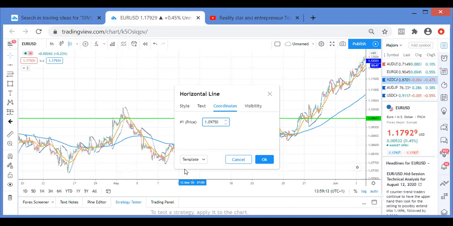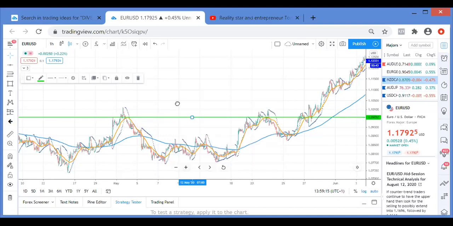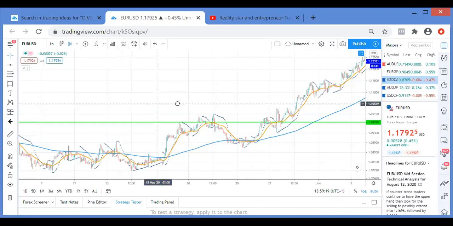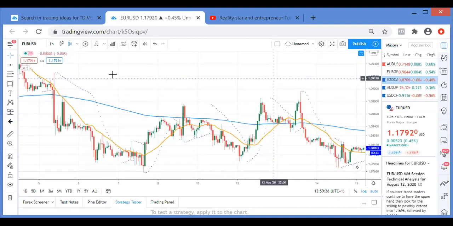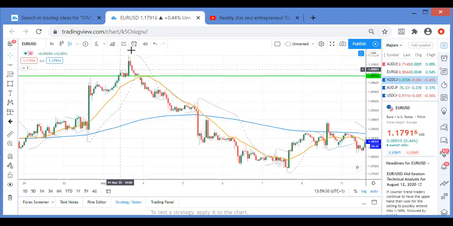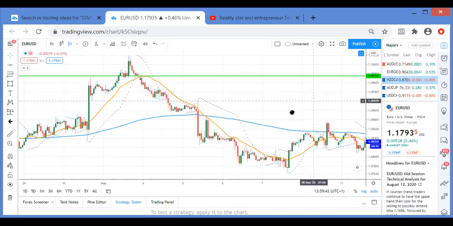Can you see? Look how the market is respecting. Look how it's respecting. Let me zoom in. Look, can you see? Floor. It broke this line here. It broke it, this red candle. Can you see how it touched this green line? Can you see how this wick is nearly this green line? If you scroll to the right, look.